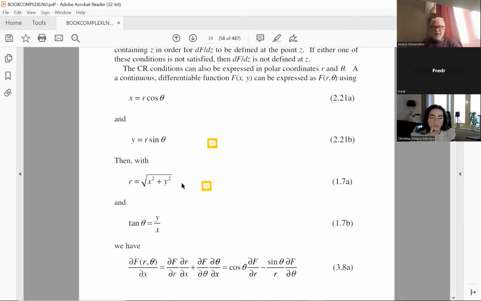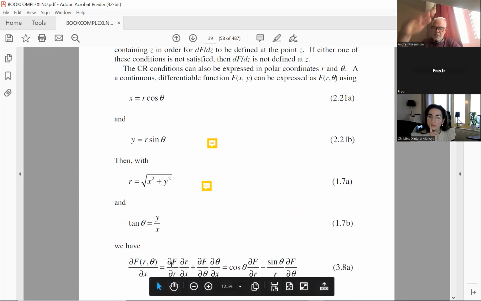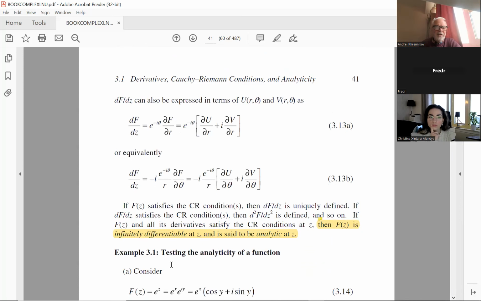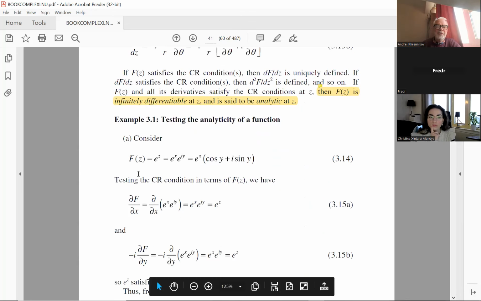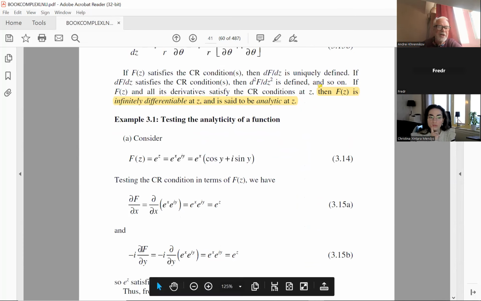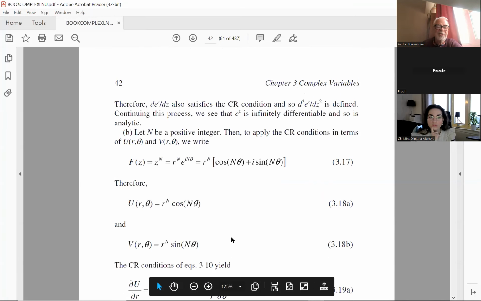Then sometimes in engineering, in physics, people use the Cauchy-Riemann equations in polar coordinates. There are some calculations. You can go through them. We haven't done this in the last lecture, but you need not memorize this. So the Cauchy-Riemann equations can be used to understand whether a function is analytic or not. So we find df/dx and minus i df/dy, and they should be the same. Then this function is analytic.